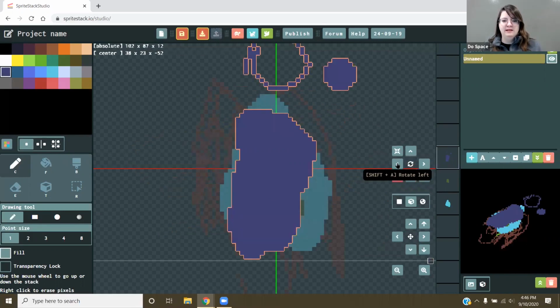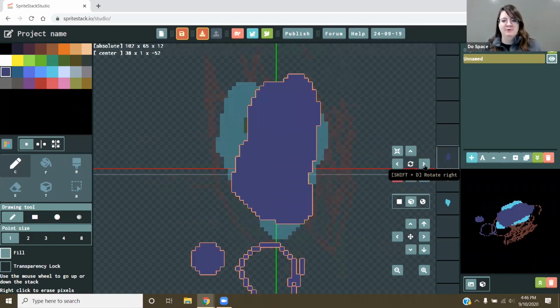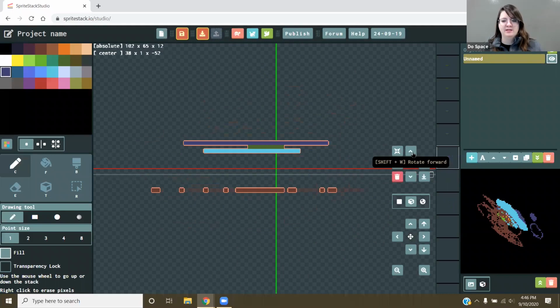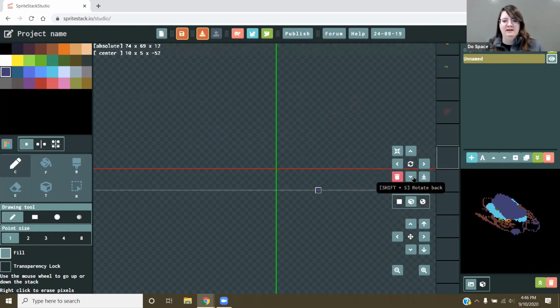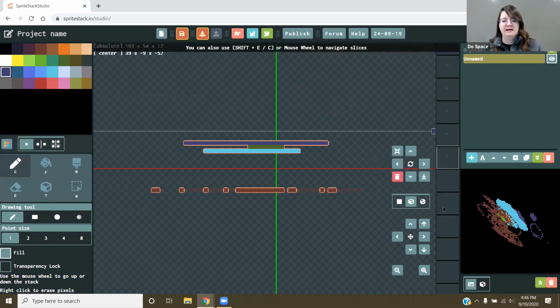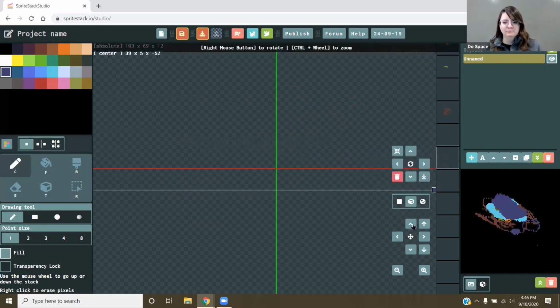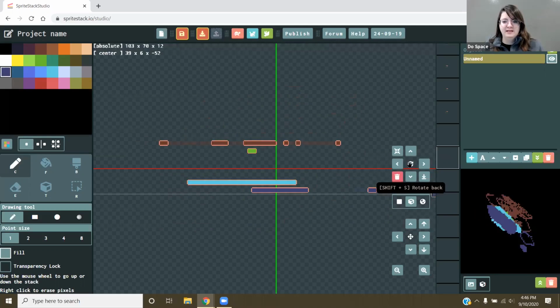So if I click rotate left, rotate right, it rotates my object. If I click up and down, you look at the preview right here. Look, it's on the side. So I just switched to the side view here. So this is what it looks like to the side. Click back up, it switches, and you notice these little stack layers change too. And of course, when I go back to center, it